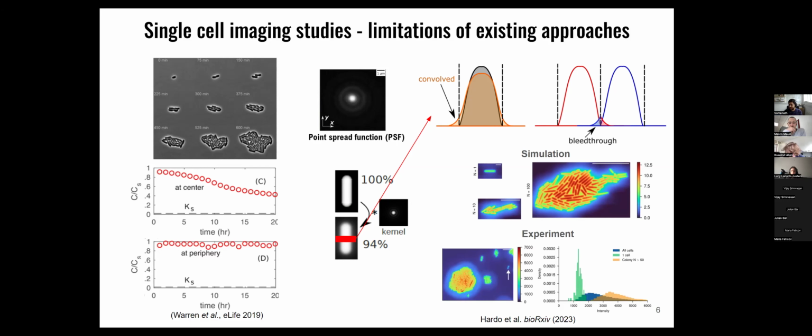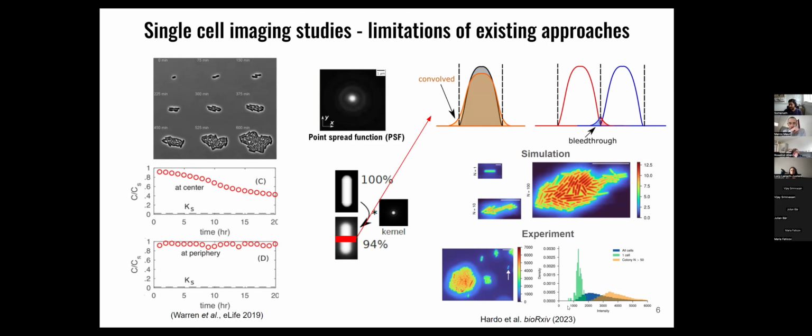And to test it, we ran experiments, and we found that that is also true in a real experiment. You can see an individual cell is much dimmer than when it is part of a big cluster. And these experiments were not done by letting the cells grow into a macrocolony. What we did is that we grew cultures and then plated them at a high density so that they instantaneously form clusters of various sizes. Because these cells come from the same culture, they have the exact same distributions across the entire imaging field of view. But just by being part of a larger colony, they appear brighter.